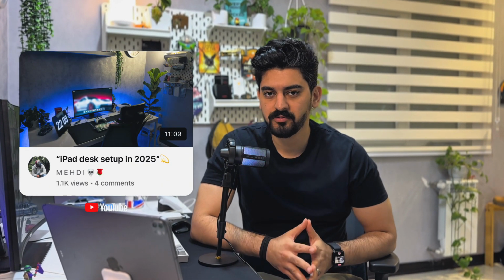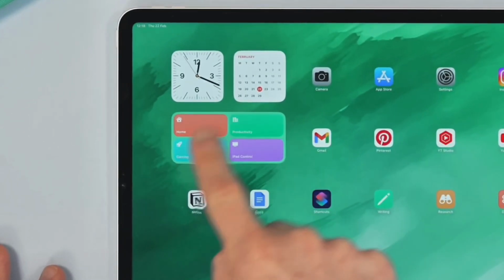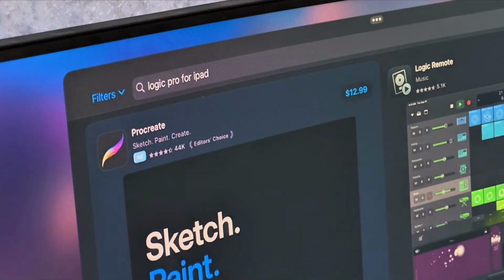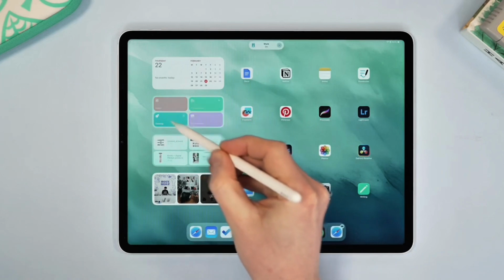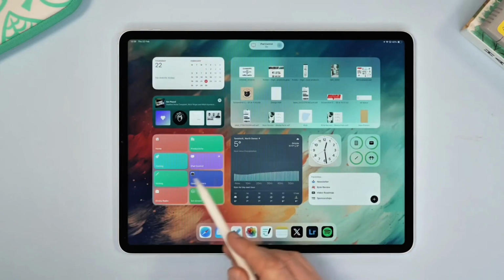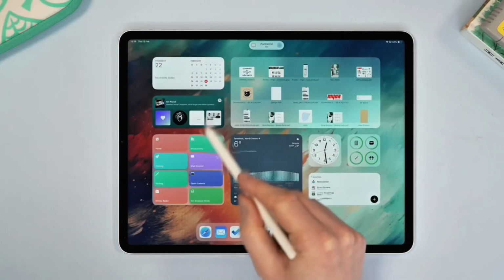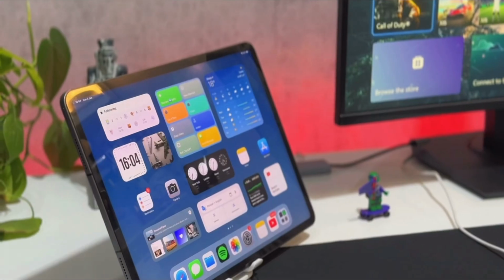The final thing which speeds up your workflow massively on the iPad is having different screens for different tasks. I have a full video on how I have this set up, so if you need it, just go to my channel and check it out. But this little widget on my home screen lets me switch the iPad into different modes depending on what I want to do. I have one for productivity when I need to get work done, one for gaming when I just want to chill out, and one for when I plug my iPad into an external monitor for better control. This is one of the best things I've ever done with my iPad in terms of speeding things up and just getting more productive with it, and I recommend doing something similar.